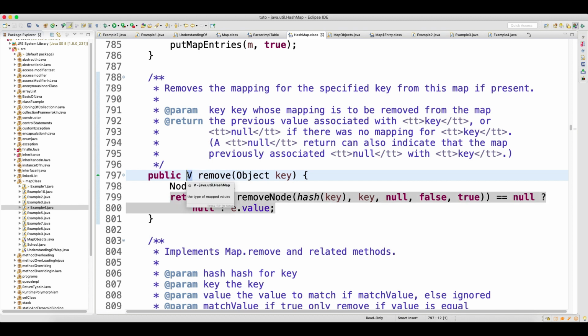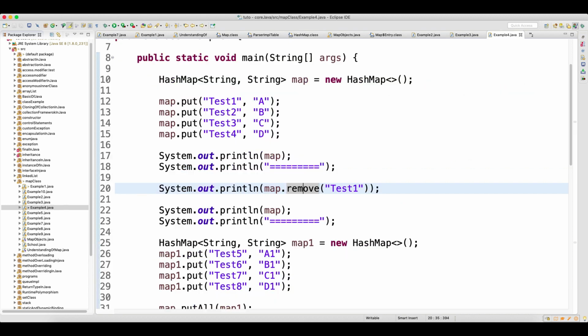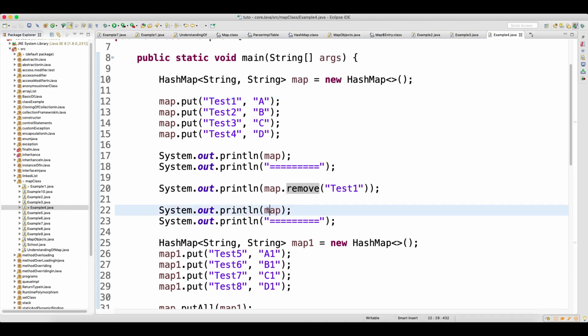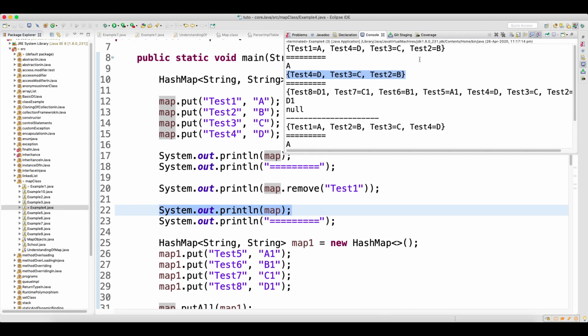So whatever key you remove, the value for that key gets returned. When I am removing test1, the value for test1 is A, so A is returned. Then you are printing the map again, that particular entry has been removed, and this is your output. Test1 got removed.